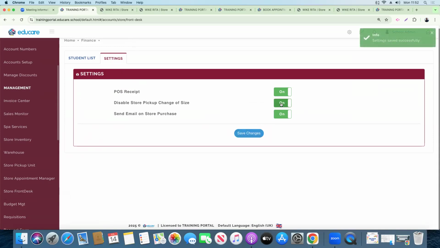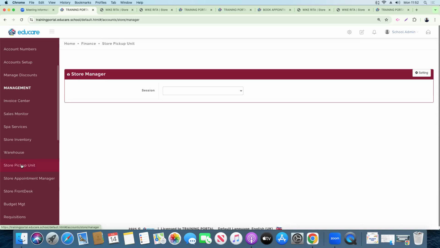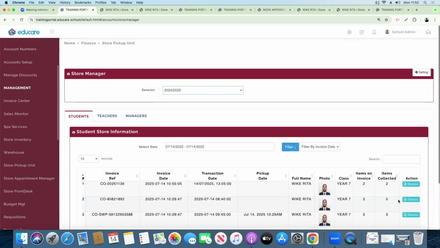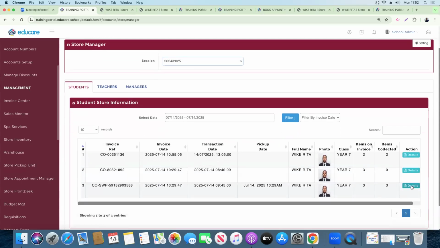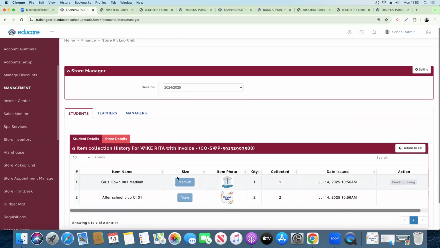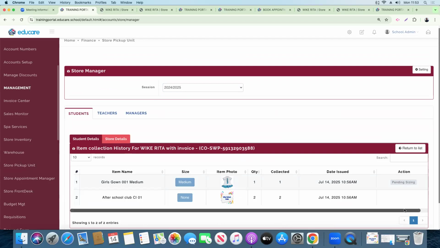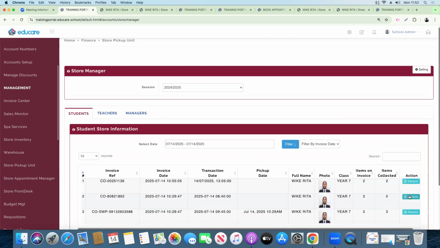So once this button is turned on, if we go to the store pickup unit, a parent has made payment, has picked an item, picked large at the point of making payments. So if you want to now change the size, this one is pending size, so it cannot give us. I want to look for